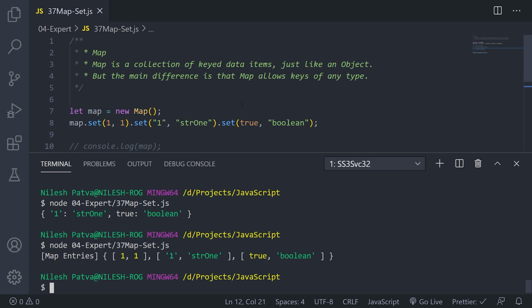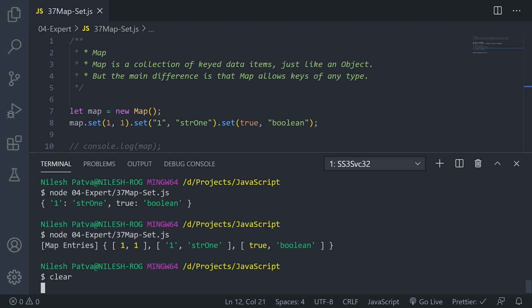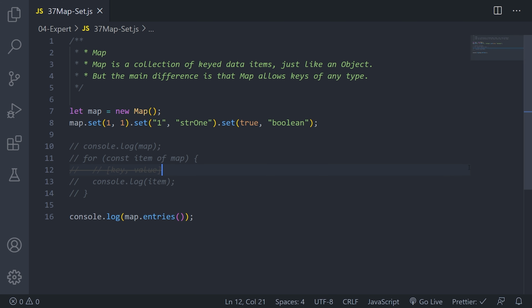I hope you have learned something new from this video. It is a new data structure in modern JavaScript. Many people are confused about how we can use it in real life scenarios. Basically the main difference is this: when you create any type of key, map can handle that very easily.